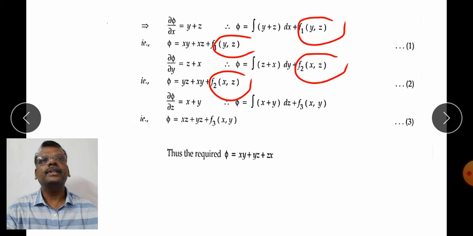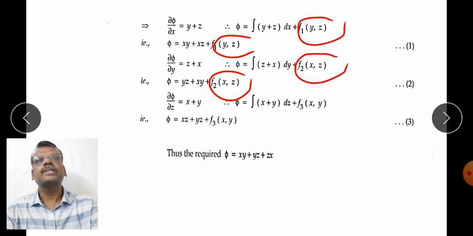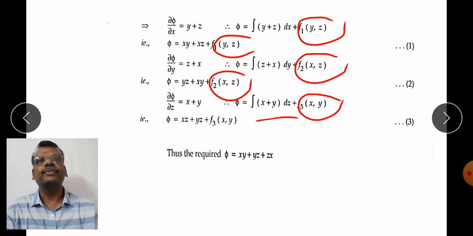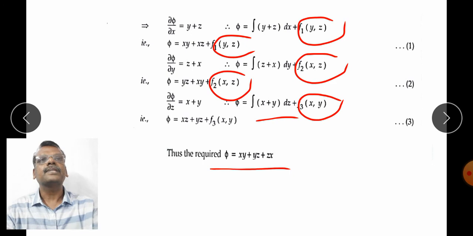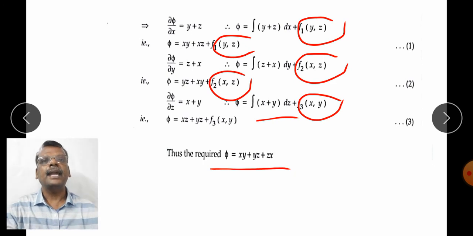And coming to the third one, dou pi by dou z is equal to x plus y. Therefore, pi is equal to integral of (x plus y) dz. (x plus y) dz means xz plus yz plus the integral constant c in the form of f3 of xy. Now, by taking the required scalar potential, pi is equal to xy plus yz plus zx, and the